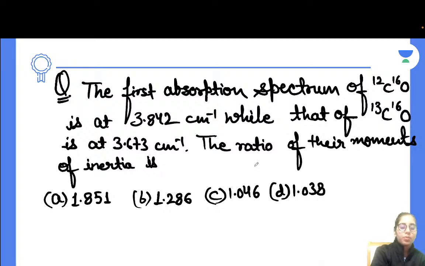1.038. Done. This is what we are going to have. Let me know if there is anybody who has any doubt, we will talk about it. But if you get the right answer for this question, you can mention it in the comments. What is the right answer according to you? Try it now and let me know, guys, as you get it done.